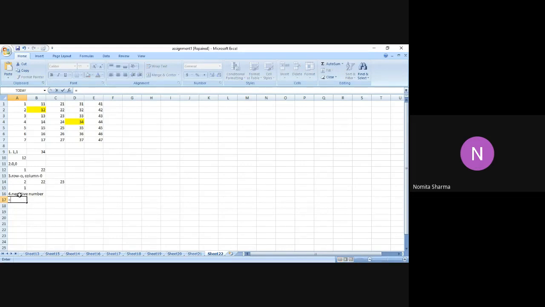I have told you already that you always have to start from A1 only. You may start with B3, B1, C2, C3 or D3 or D1, but the only requirement is that whatever range you are giving in the offset function must be defined by you as a user. For example, if you have given 10 rows and the 15th column, and you have not defined that row and that column, then it will not give you any answer. It may give you an error like we were getting in the last classes. Mostly we got 0 because we haven't defined any number of rows or columns. So please be clear about the negative number.